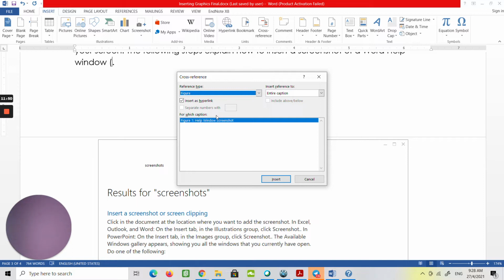And then next, for which caption? Then click Figure, which displays a list of figures from the document in the For which caption list, which at this point is only one figure. We just added one figure just now, so we just have Figure 1 help window screenshot. If necessary, click Figure 1. It has been clicked for you. And then next,